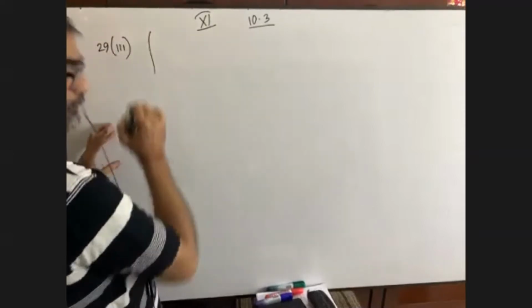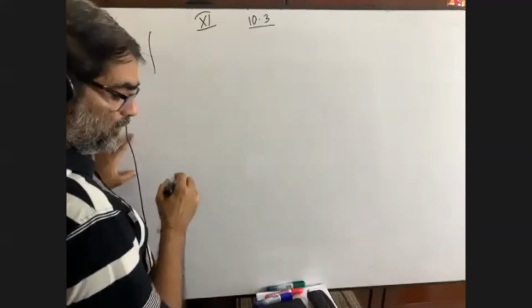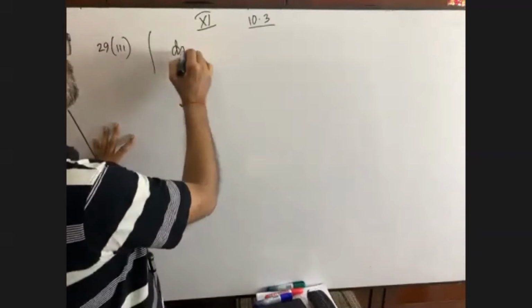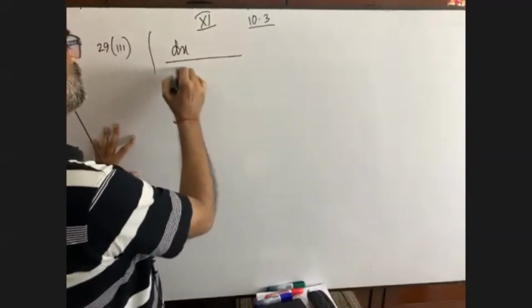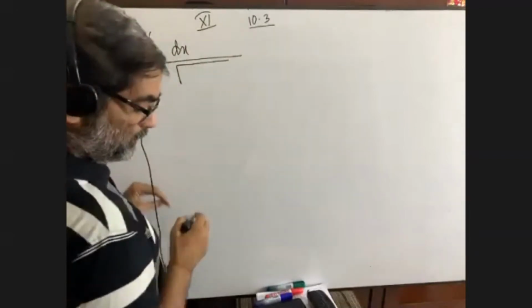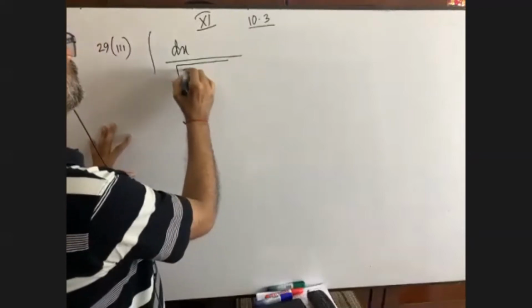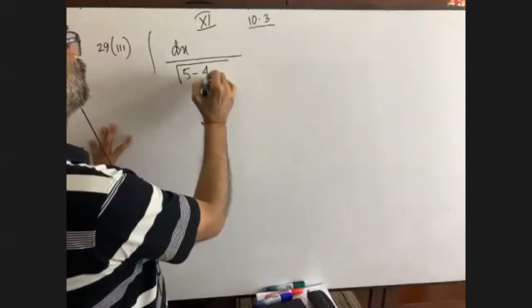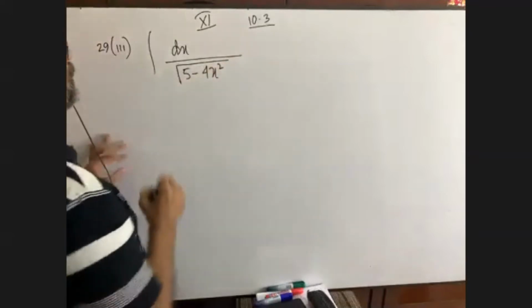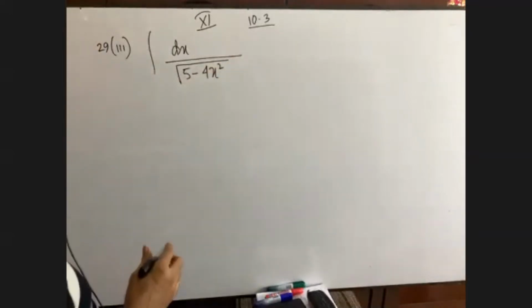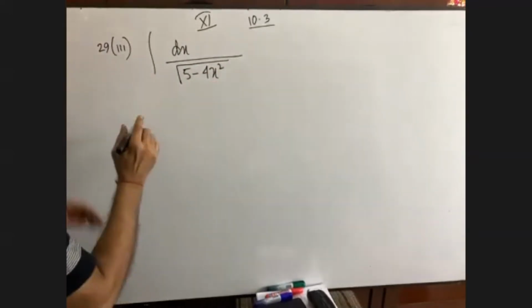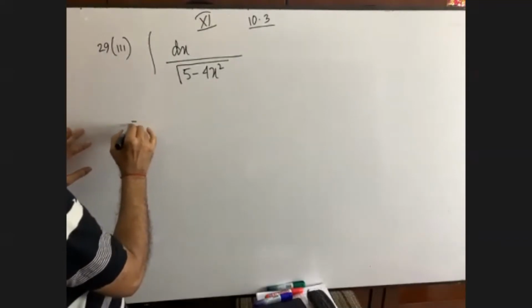Math is... dx by root over 5 minus 4x square. What I told you, you have to free this x square of its coefficient, right? Can you remember? So we can write here, you see,